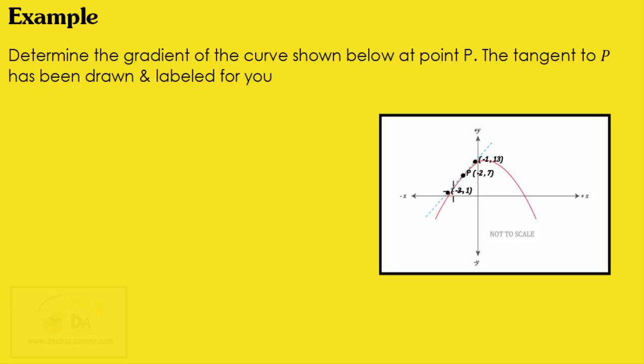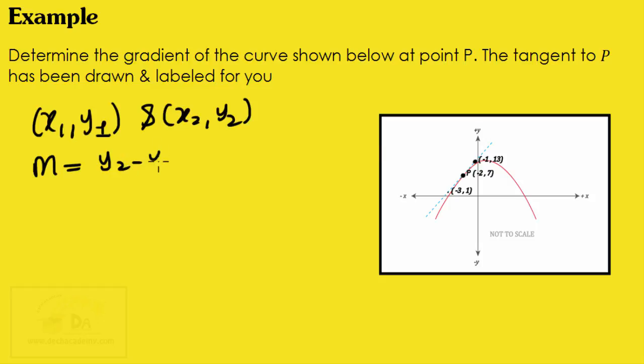Now in this case, we've been given the coordinates of 3 points that lie on the tangent line. But in order to determine the gradient, we only need 2 points. We only need some point x1, y1, and another point x2, y2. I'm going to pick any two to determine the gradient. The gradient of the tangent line is given by this. So for instance, say we decided to use